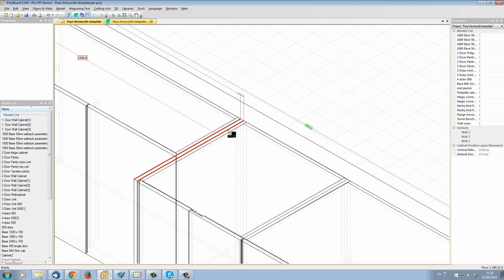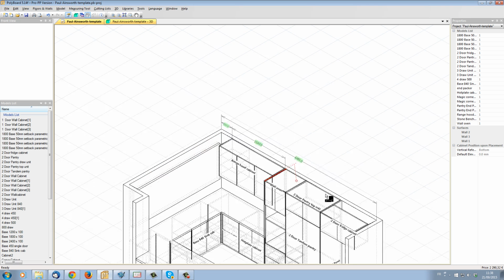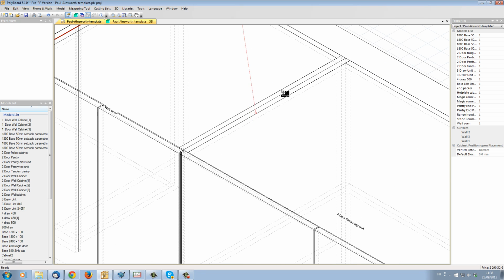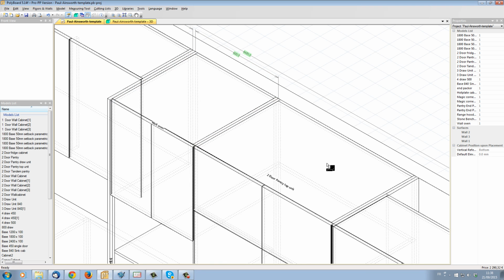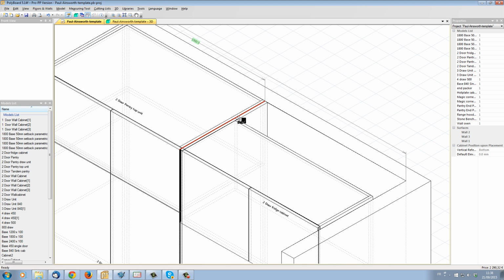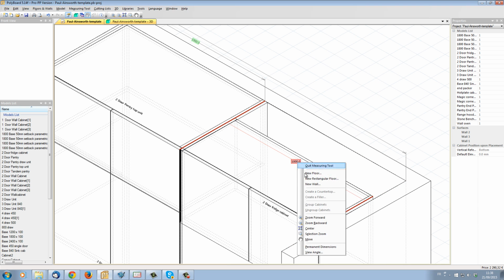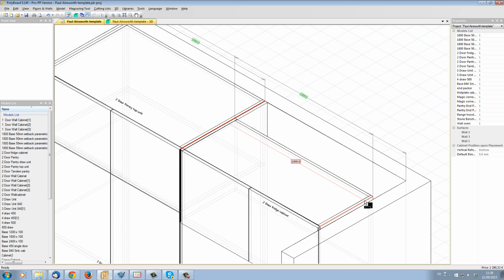I'm going to move my mouse over the edge of the next cabinet. We can see that there is a separating board here which is 18 millimeters thick. I'm not going to put a dimension in there, so I'm just going to click onto the next cabinet, escape, click on the next cabinet, drag the dimension line over to the edge of the next cabinet here, right click the dimension to make it permanent, escape, click this one again, over to the next cabinet, right click to make it permanent, escape, click, right click to make it permanent, and then we have the last distance between, escape, click here,